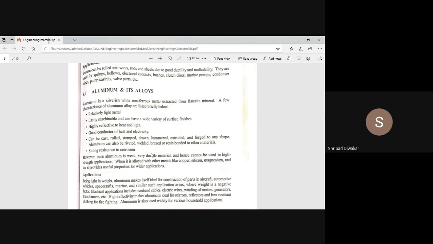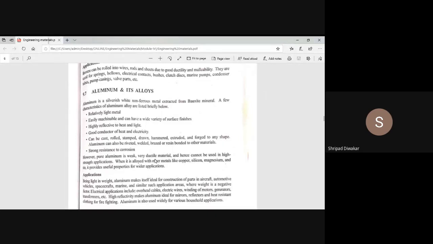Next, it can be rolled out, means we can make it into different shapes. Drawn means you can do it any way. We can make thin plates, thick plates. We can draw it into wires. That is the process of drawing. Next, hammering action, extruded and forged. These are all casting related properties. We can easily pour the molten metal in the molds. Easily we can do the machining. Easily we can hammer. Easily we can extrude. These are all the properties of aluminum.